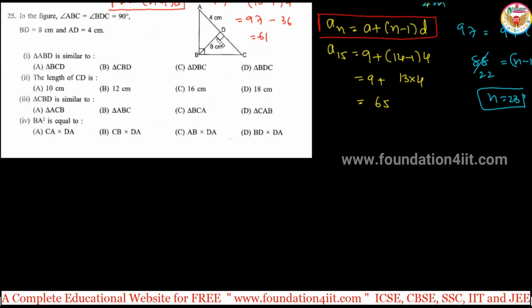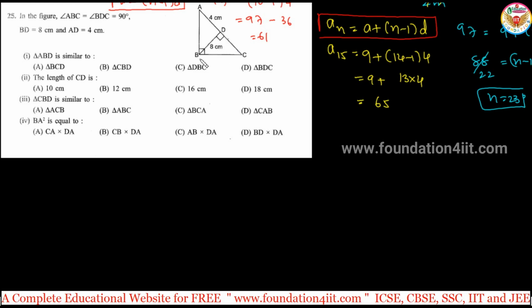This is the given diagram. BD is 8, AD is 4. As per the problem, ABD is similar to BCD. If you observe in ABD, AB is the hypotenuse, and angle D is 90 degrees. Same thing in BCD. All are about BCD only, or CBD, completely this triangle, but we know the position.